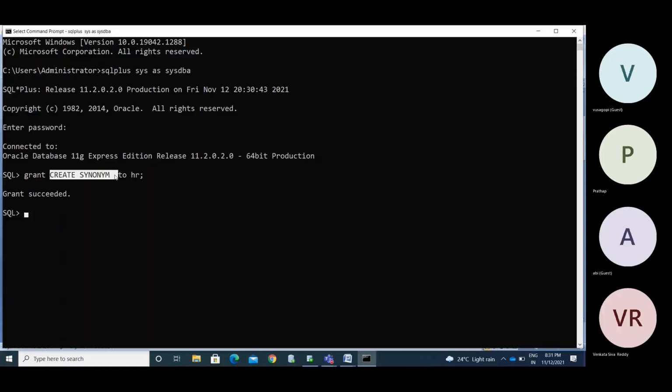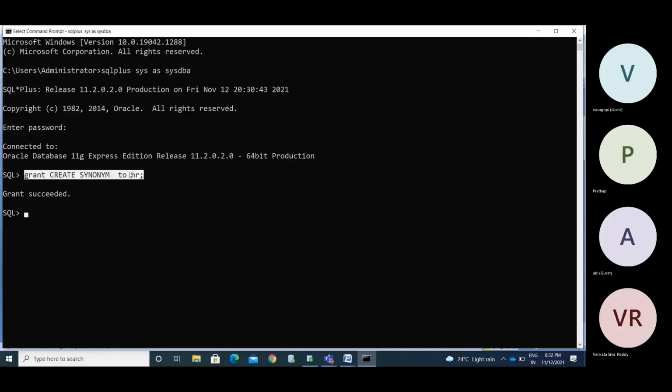But if you want to build someone else's house, in that case you need to take the authority. He has the capacity to build your houses. You will take the approval and all those things, right? It's a similar kind. So if you want to create the synonym, you need the grant, the create synonym privilege, in your own house itself.